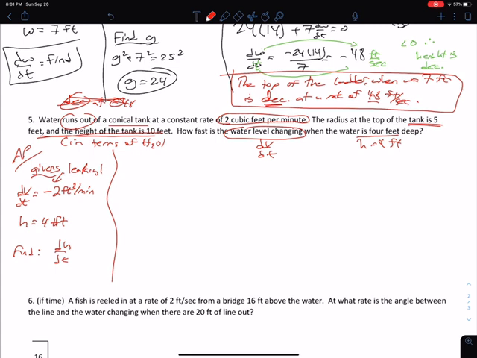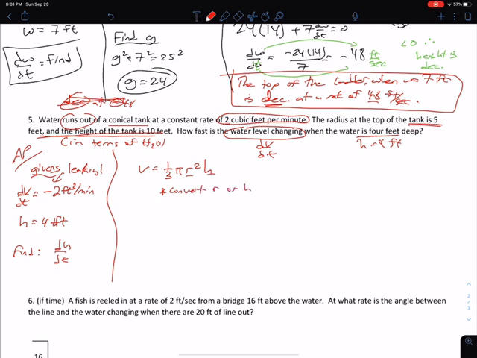Okay, so now we've got to come up with our equation. We need an equation to deal with volume, cones, and heights. Of course, we've got the volume of a cone: 1/3 pi r squared h. Now, before we go any further, there's a bit of a problem. We have r and h, and we only want one variable. Two variables make a big mess for us. So we have to convert